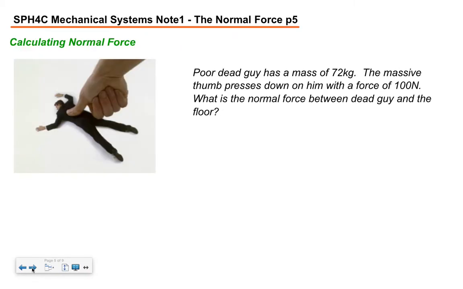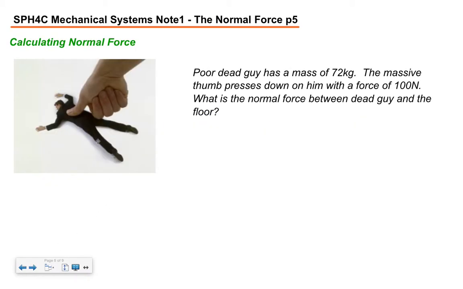So if we want to calculate normal force: this poor guy's mass is 72 kilograms, and the massive thumb presses down on him with a force of 100 newtons. What is the normal force between the dead guy and the floor? Normal force in most applications is just equal to gravity, because most of the time you don't have a giant thumb or something pushing down on you. Most of the time an object just rests and sits there, and so the normal force is equal to the gravity force. However, if you have a case like this,